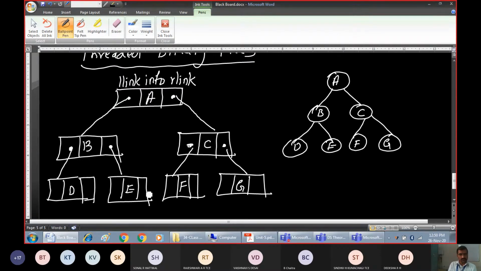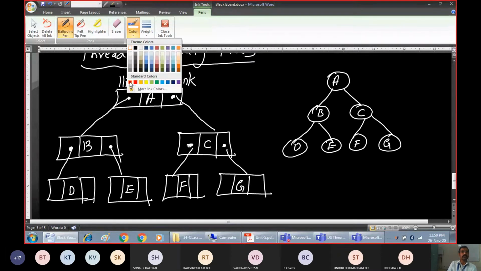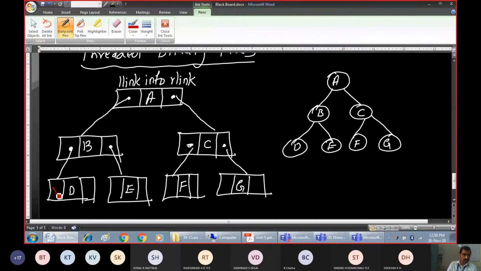But what about addresses here in the last level? If you can see here, there is no address in the last level. The last level contains no address. It is going to contain a null value, \0, null. Nothing is stored here. Null. Here also nothing is stored. \0, \0. If you can see here, nothing is being stored in these memory locations. Null values are getting stored in these memory locations.